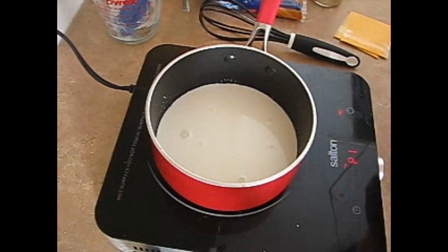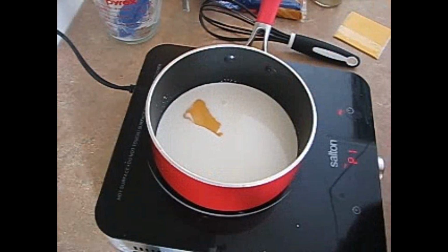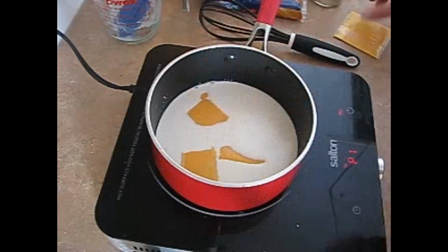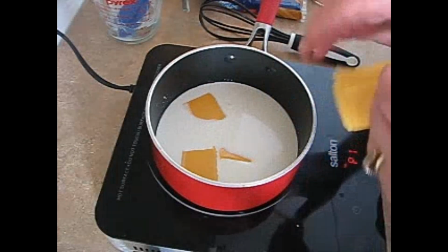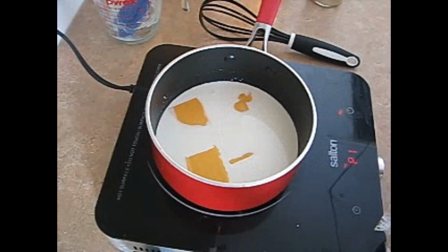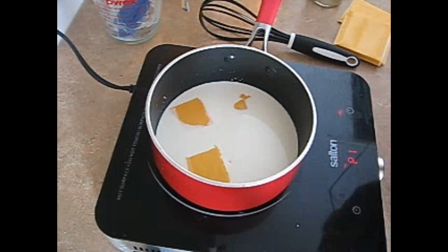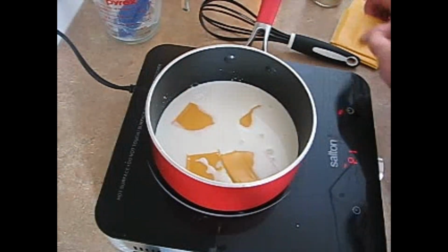So now we're gonna add 16 pieces of sliced cheese. And this is gonna go with our taco lasagna. It's not really a taco bake because I'm not putting chips in it. We're going to use flour tortillas. This is 3, 6, 7,